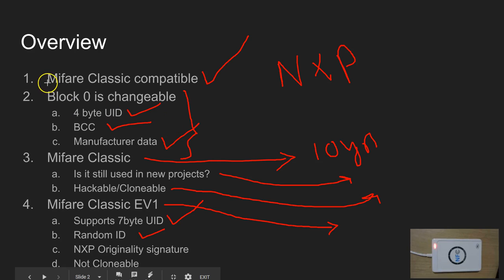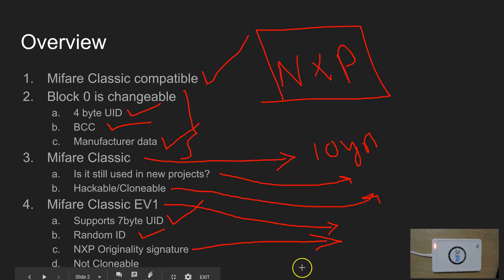These UID changeable tags are not manufactured by NXP at all. I have not come across or heard about any UID changeable tags similar to these for MIFARE Classic EV1 type tags. Every tag carries a signature from NXP, so we can use that signature to identify that these tags are authentic. And so far I've not heard about any clones of EV1. And finally,